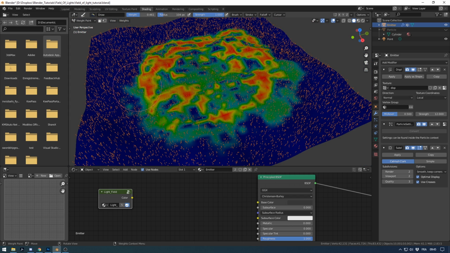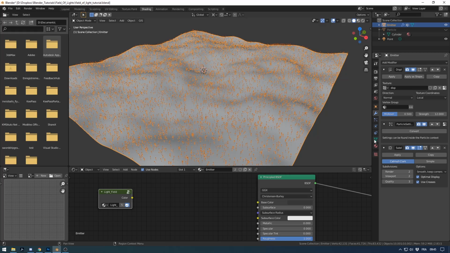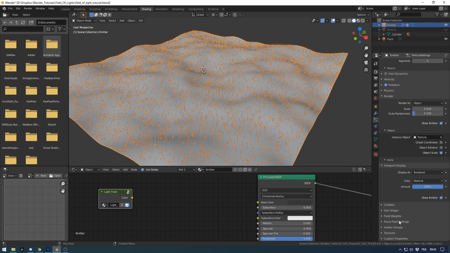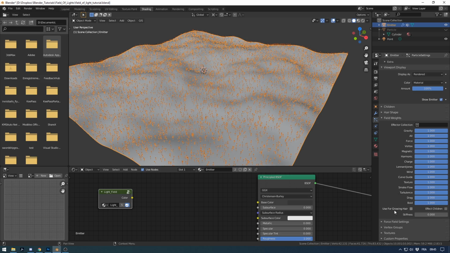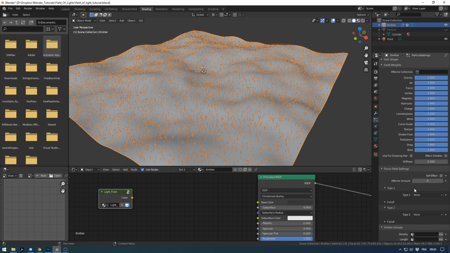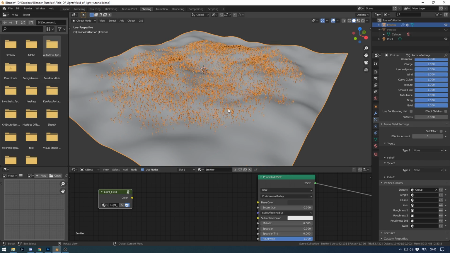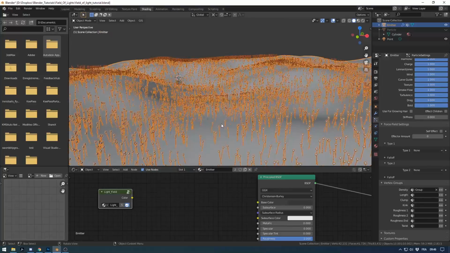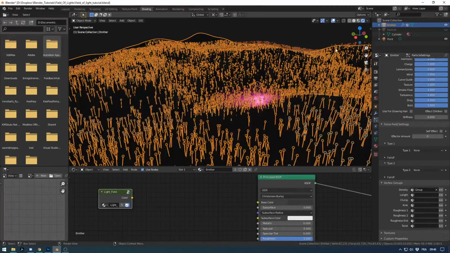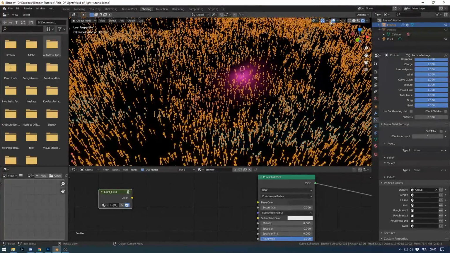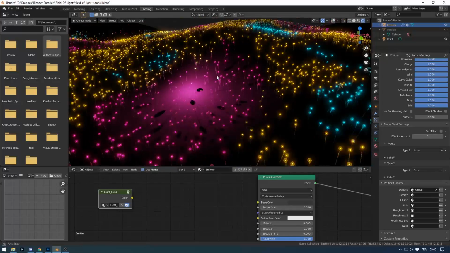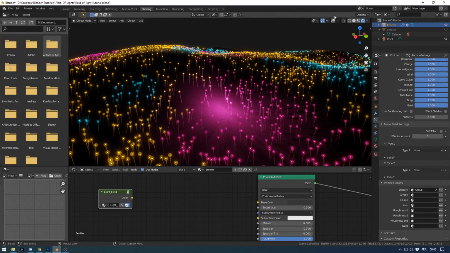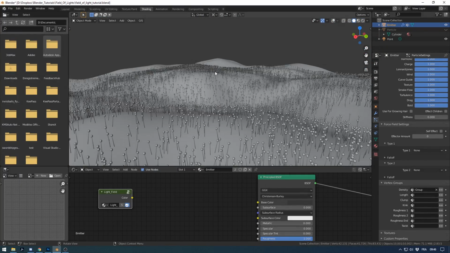Yes. Just will connect the particle emitter to the vertex group here to set the proper density. Yes, and for object